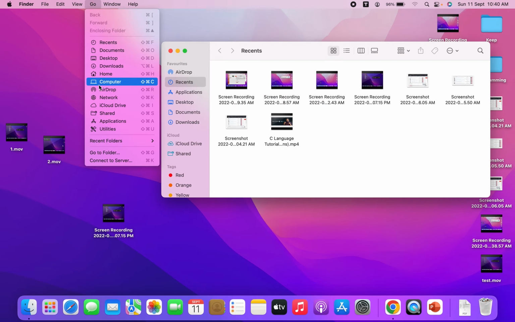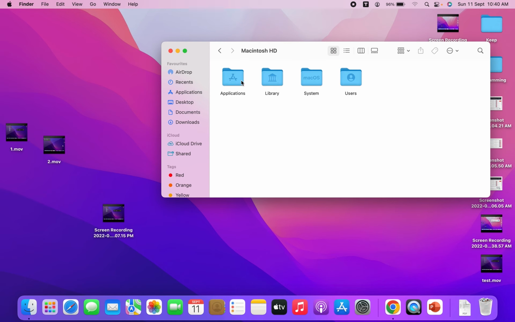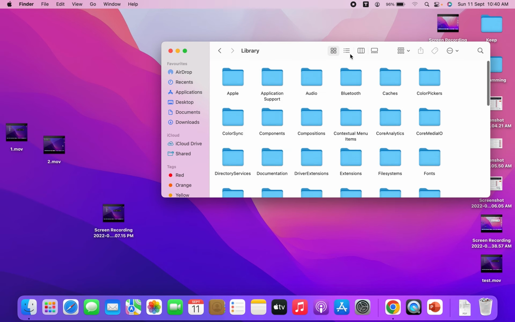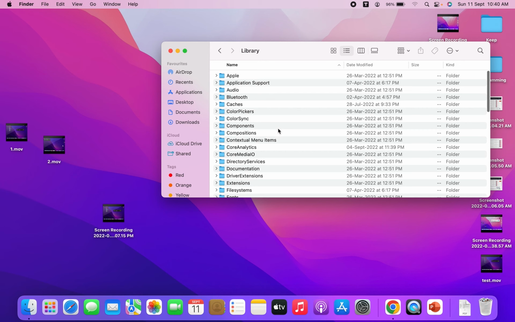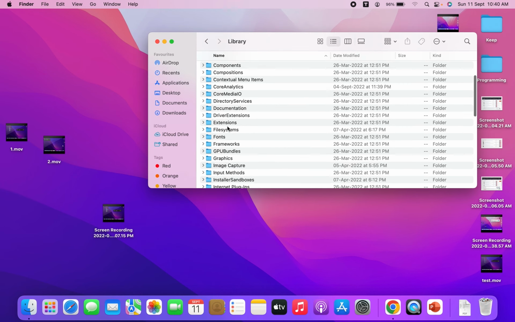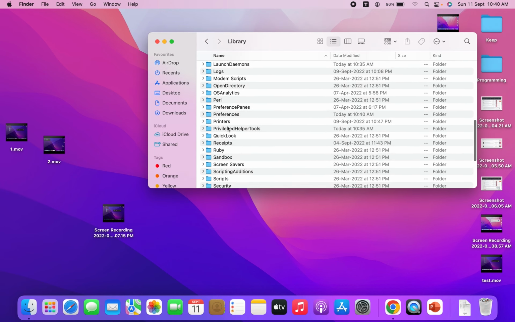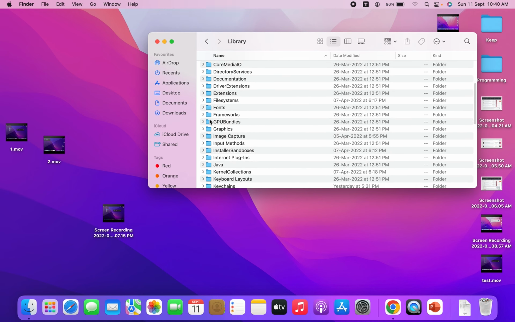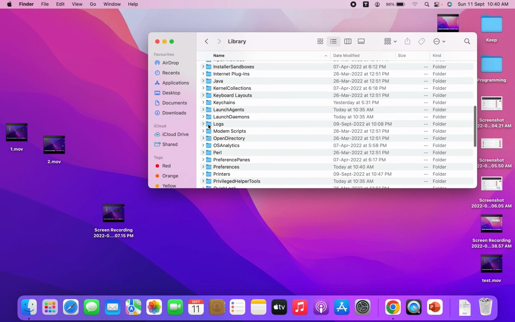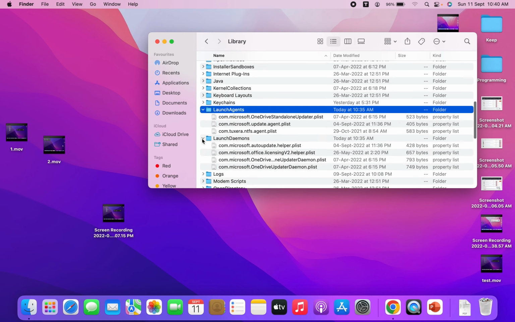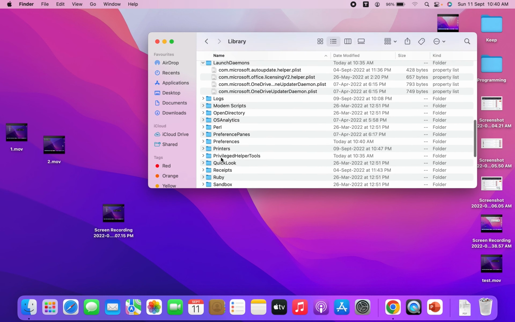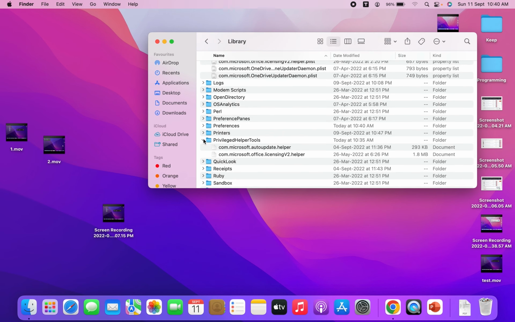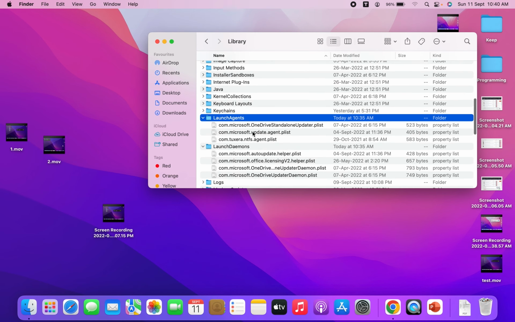Go to the Go option, Computer, Macintosh HD, Library. Choose the list view. Then find the folders named LaunchAgents, LaunchDaemons, and the last one, PrivilegedHelperTools. Now you have to update the